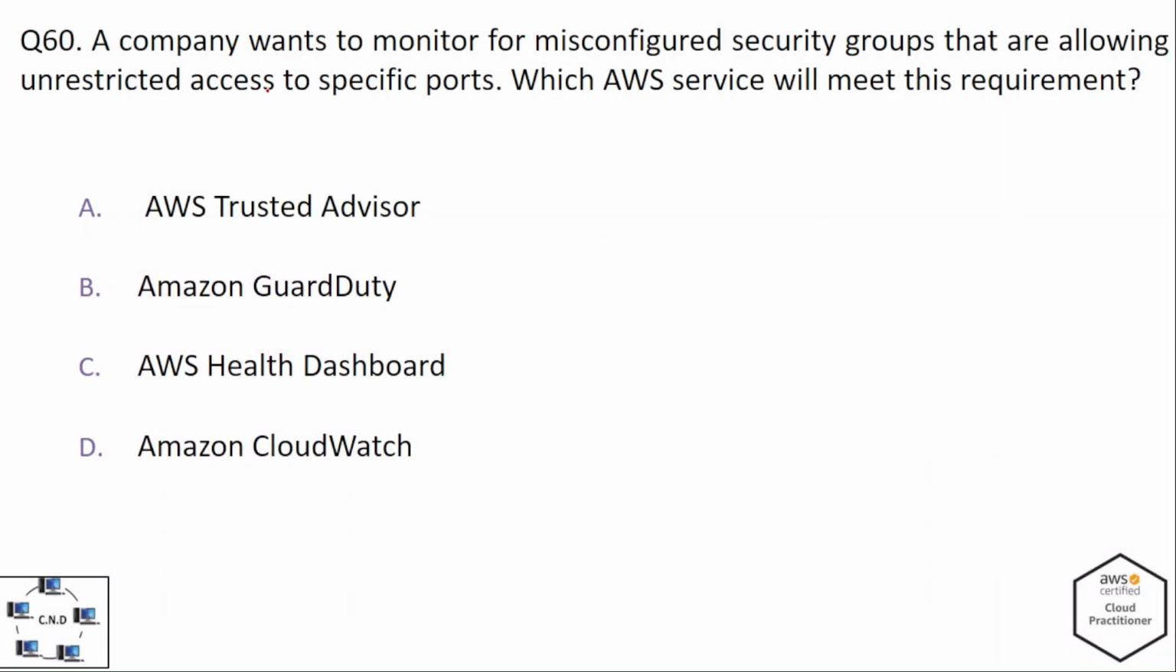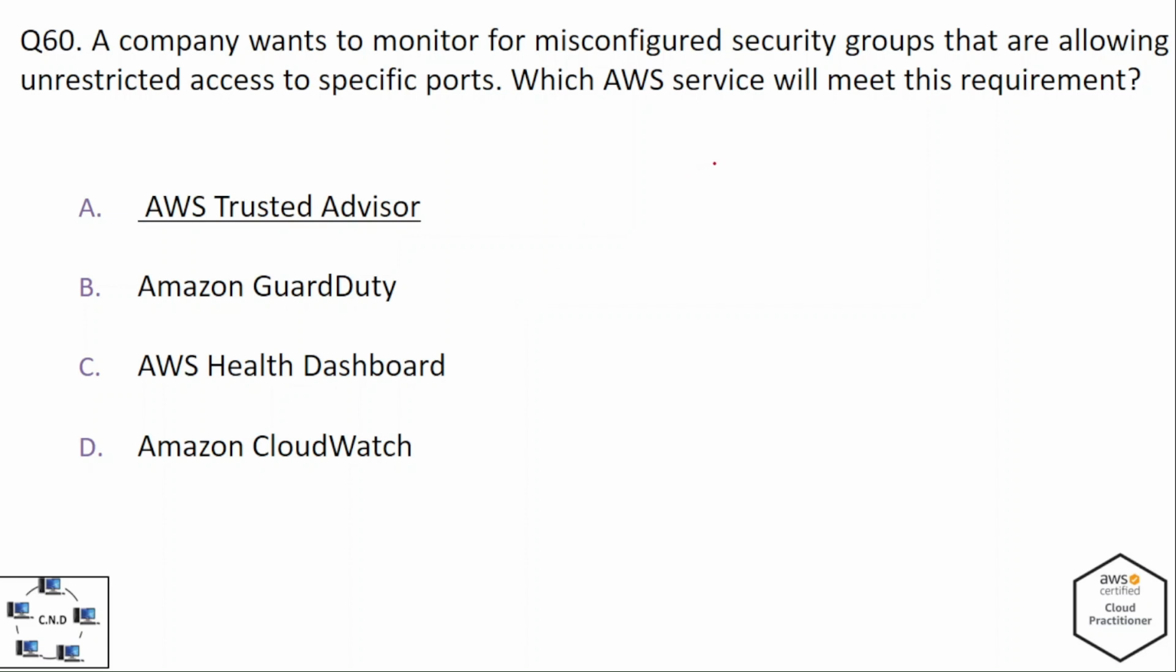Question number 60 is: a company wants to monitor for misconfigured security groups that are allowing unrestricted access to specific ports. Which AWS service will meet this requirement? And the options are A. AWS Trusted Advisor, B. Amazon GuardDuty, C. AWS Health Dashboard, and D. Amazon CloudWatch. And the correct option is,